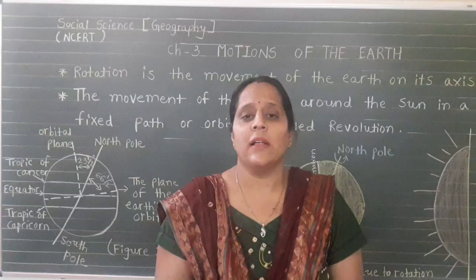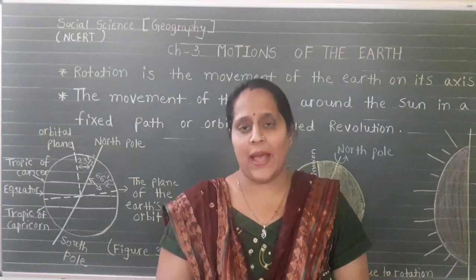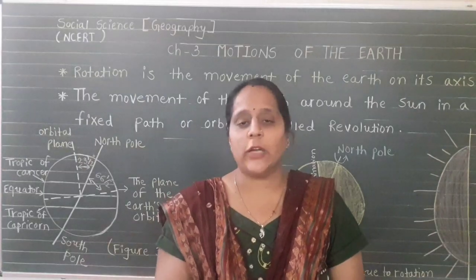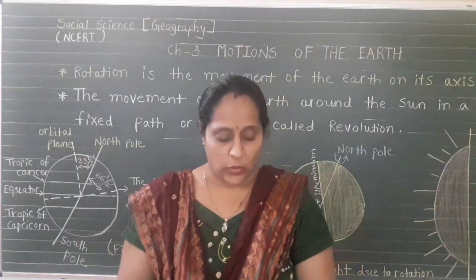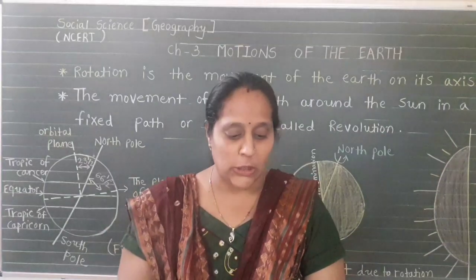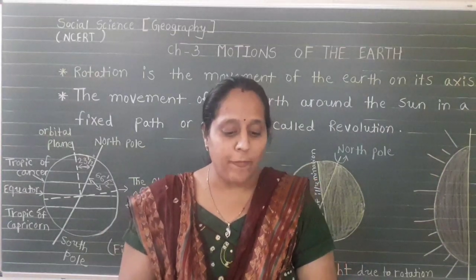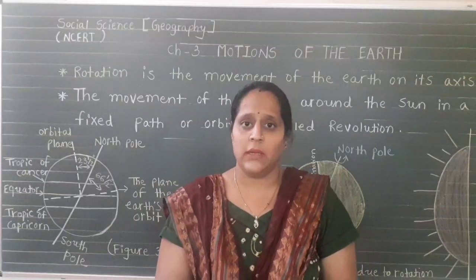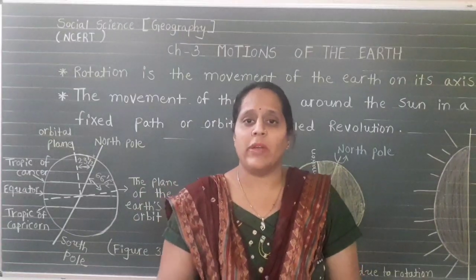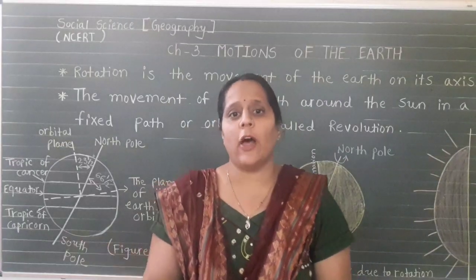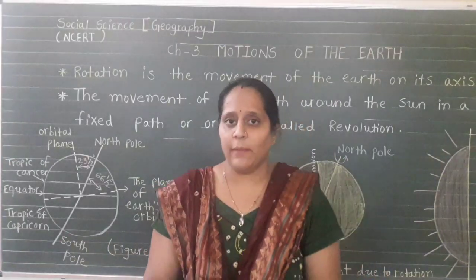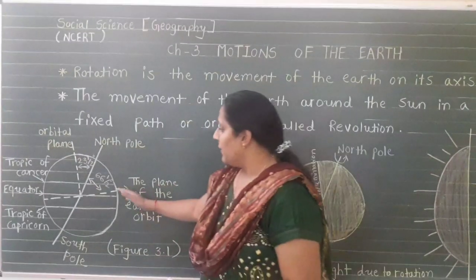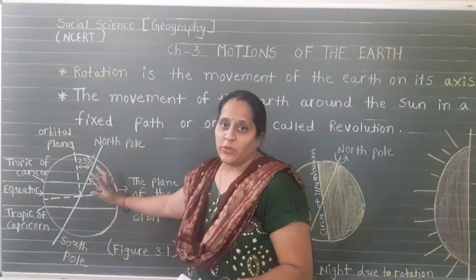The slanting sunlight is there, so they can't get proper sunlight and they experience around 8 to 9 months of frigid zone. That's why it is called frigid, cold all the time. Life would not have been possible in such extreme conditions. Yes, we can't live in this kind of situation. So that's why most people live near the equator, because this part is suitable for general people.